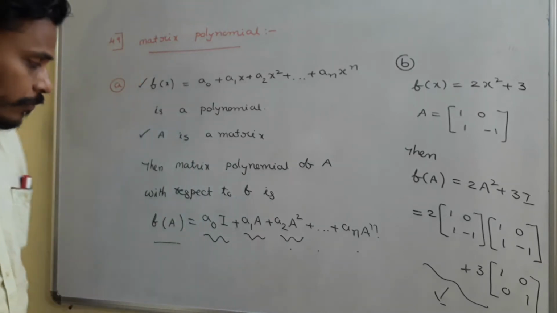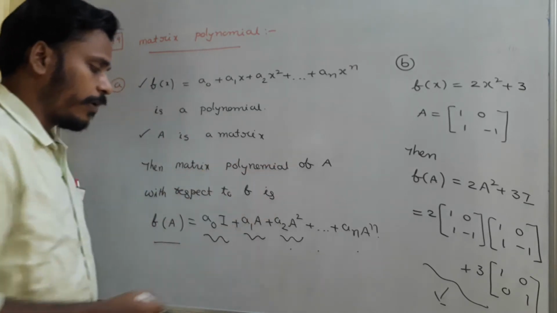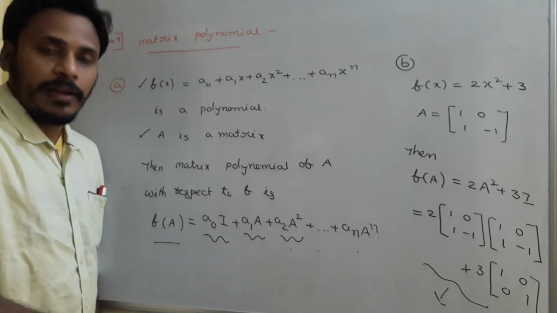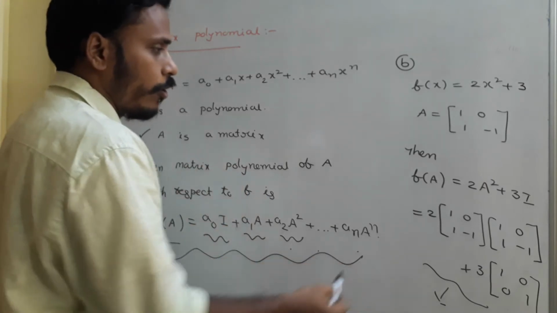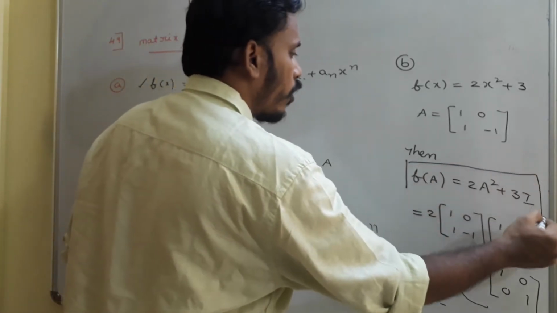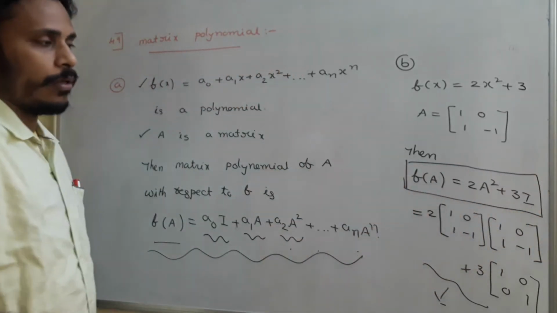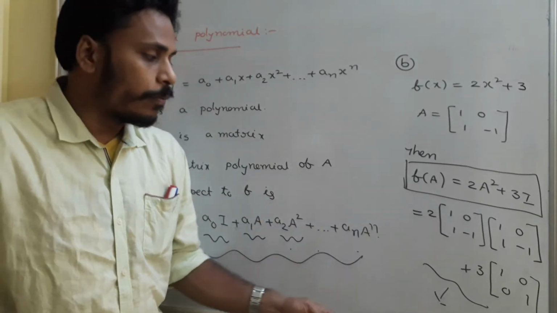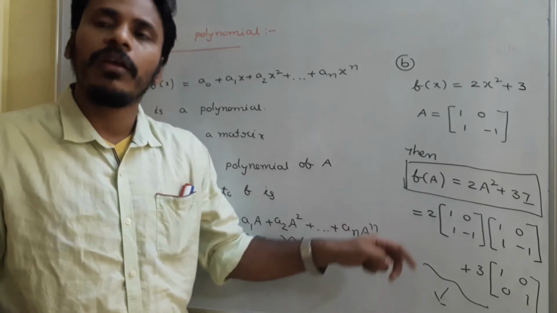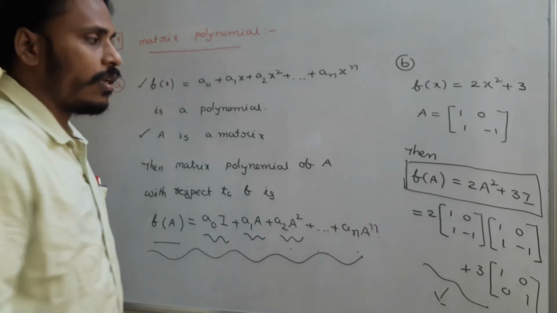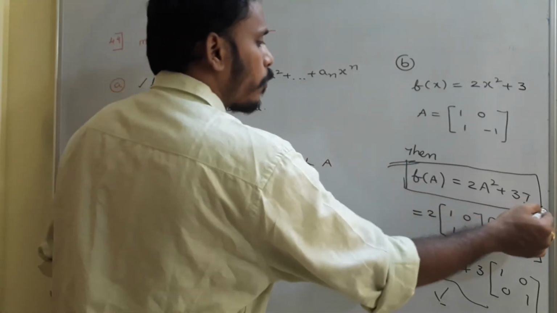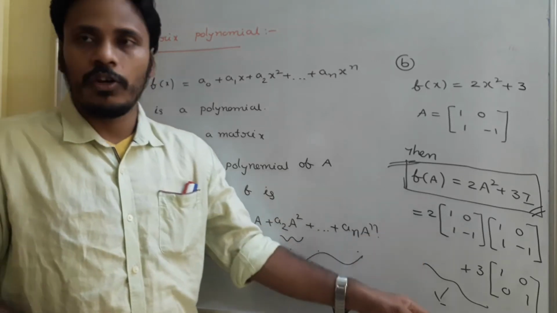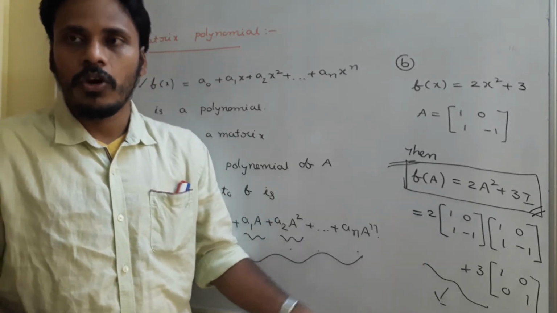Basically, a matrix polynomial is simply a polynomial expression in terms of the matrix. So this is usually called the matrix polynomial of A with respect to the given polynomial. The simplification part actually needs no other types. If the question asks you to simplify, we need to simplify, or otherwise you just say this f of A is the matrix polynomial of A with respect to f. Here in this particular context, you try to simplify it and then say it as f of A. Okay, just do it now.